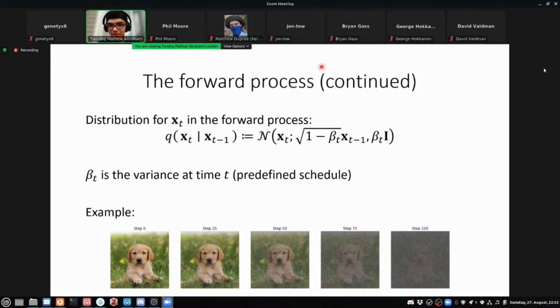Okay, if there's no confusion about the forward process, I'm a little bit curious. I don't know if you can speak to this, but how the variance schedule affects the learning, like the theoretical grounding of why you would want to schedule it one way or another. I feel like it's one of the elements that I don't really understand.